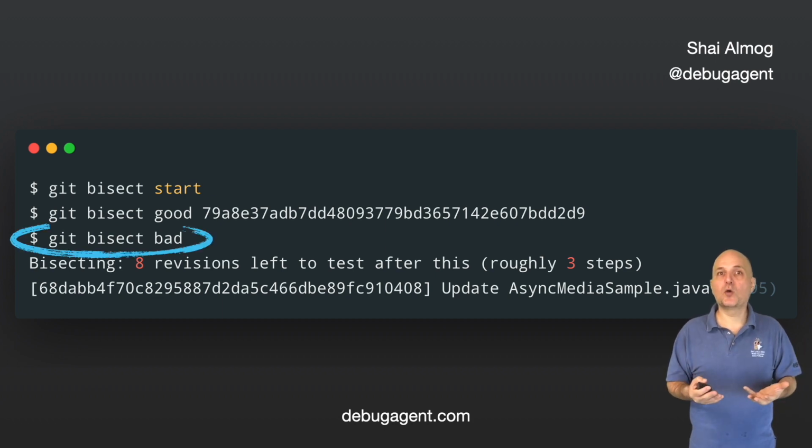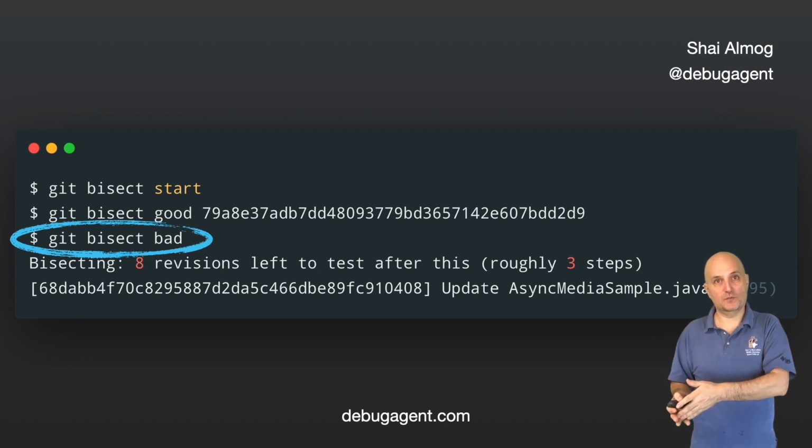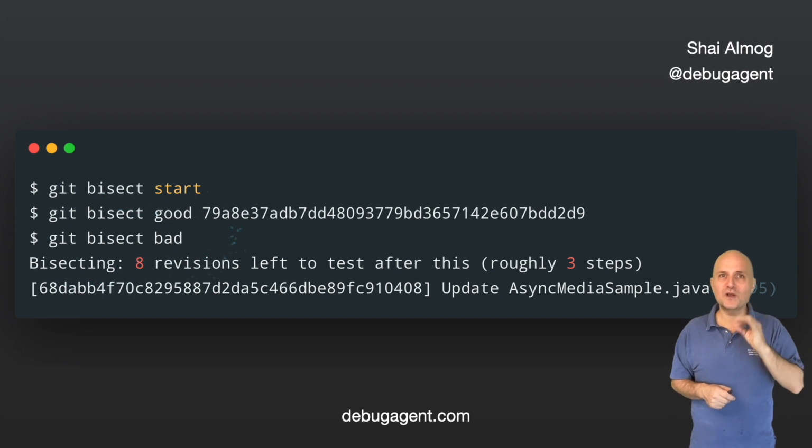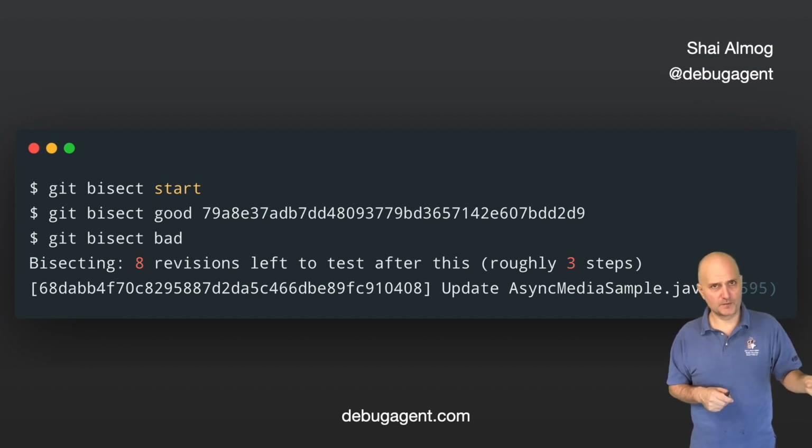Once we do that, we can activate bisect traversal by marking the bad revision. For most cases, this means the current head revision, which is the default. But we can also specify a revision as an argument to this command, just like we did in the good command. Normally, we don't need to specify a revision in the bad command, and I didn't in this case. Once this is done, we can move between revisions by redefining the good or bad revision.